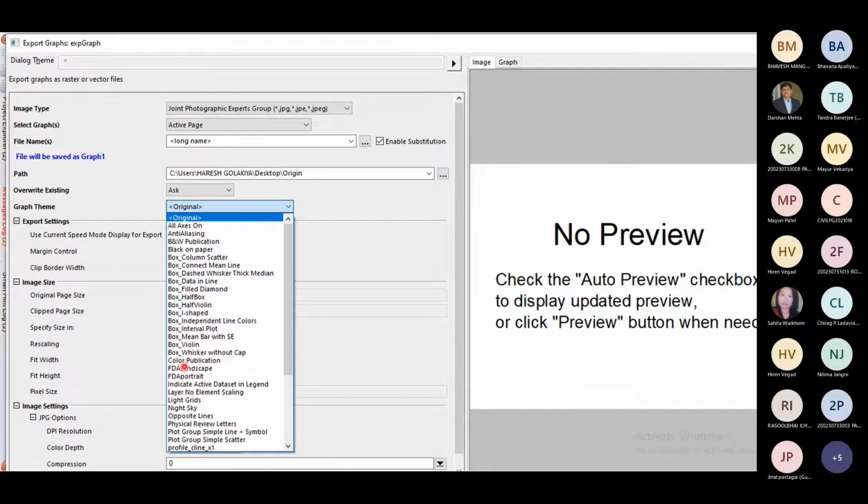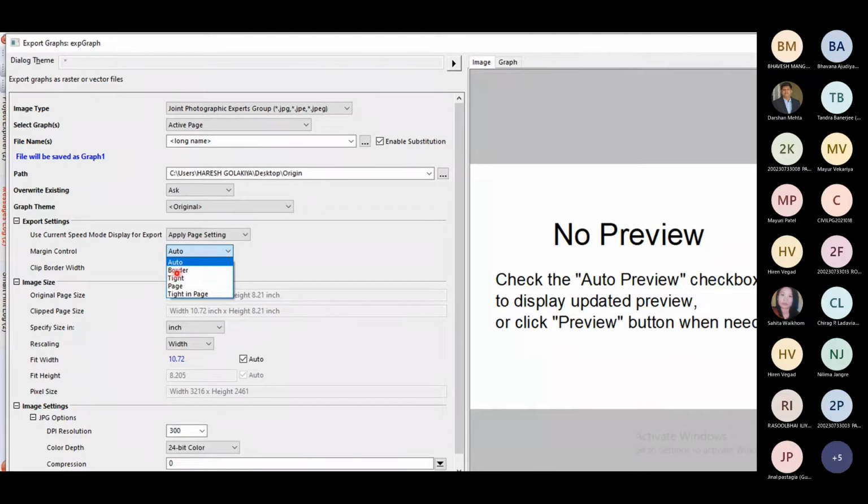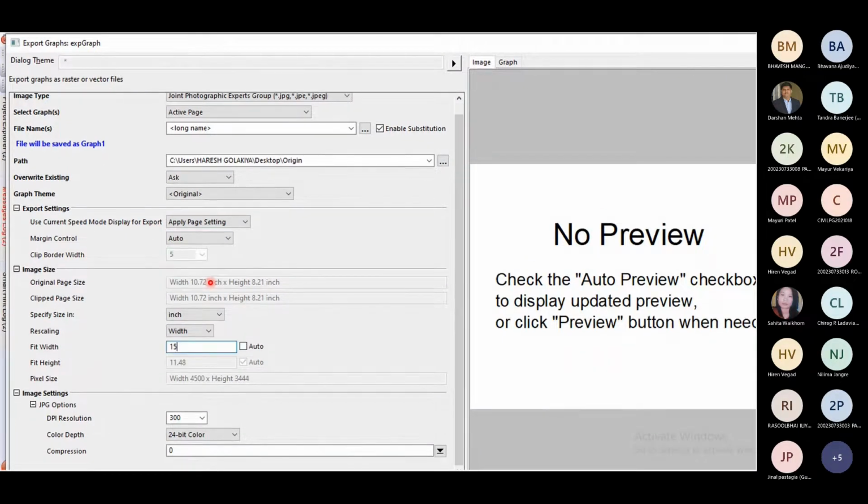Graph theme, you can select out of many options. Export setting, you can change here according to your requirement, right? Image size, suppose you want image size in inch or width.